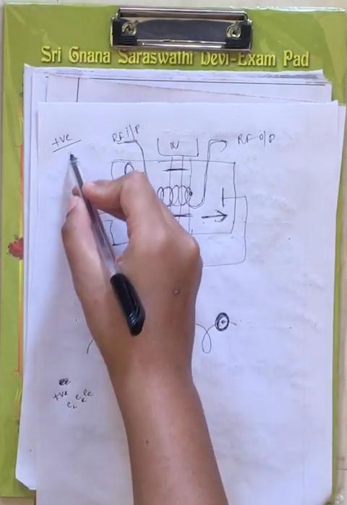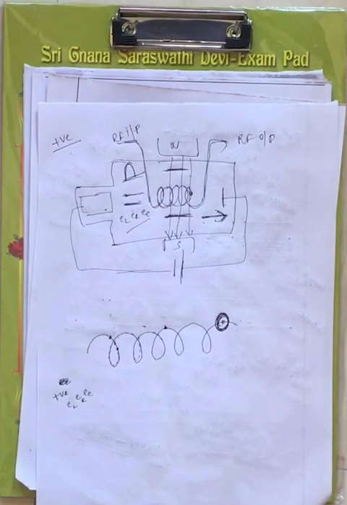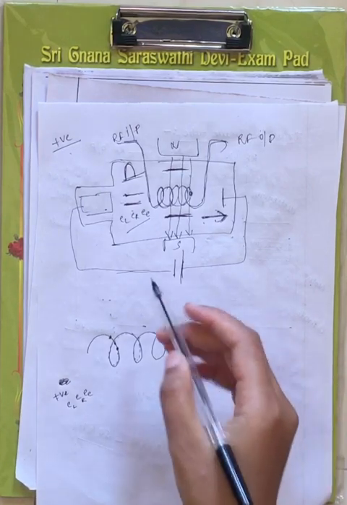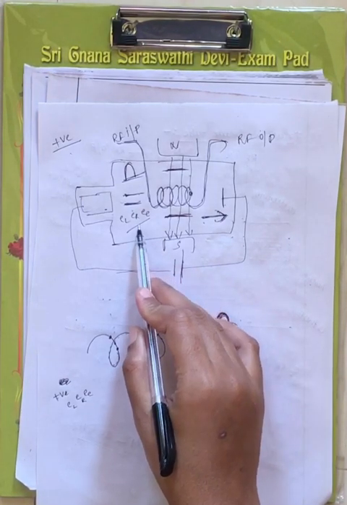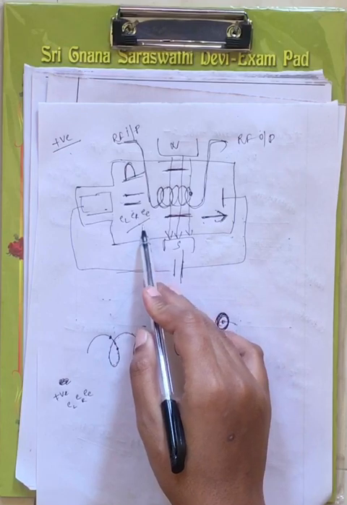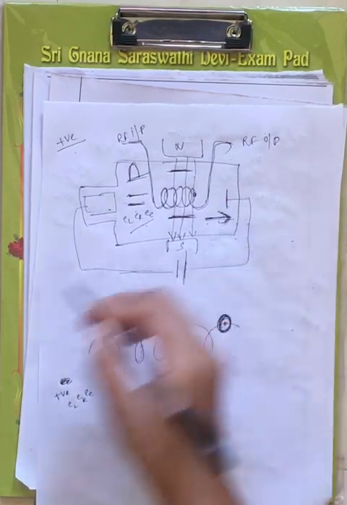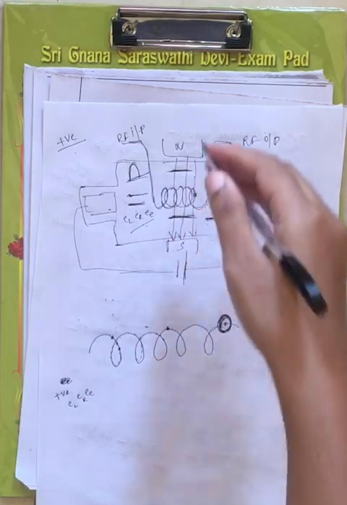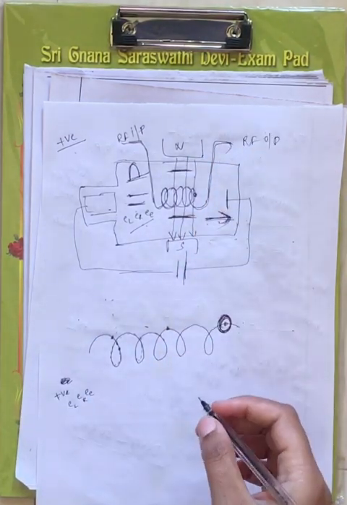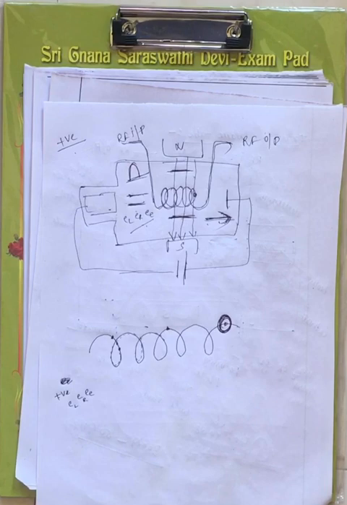Now consider the positive half cycle. Beam of electrons are generated. We have considered 3 electrons. The direction of the electron is in this direction, and the magnetic field is in this direction. Which force will act on the electron? Accelerating force. Whereas for your negative half cycle, repulsive force.